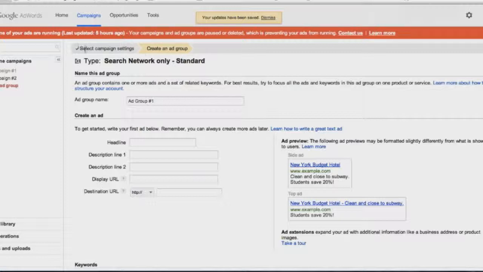So you'll see up here we selected our campaign settings. Now we're going to create our first ad group. It kind of explains what it is, but basically each ad group is going to be targeted towards a certain set of keywords. So in this case, we're going to use a dental practice. So let's try new dental